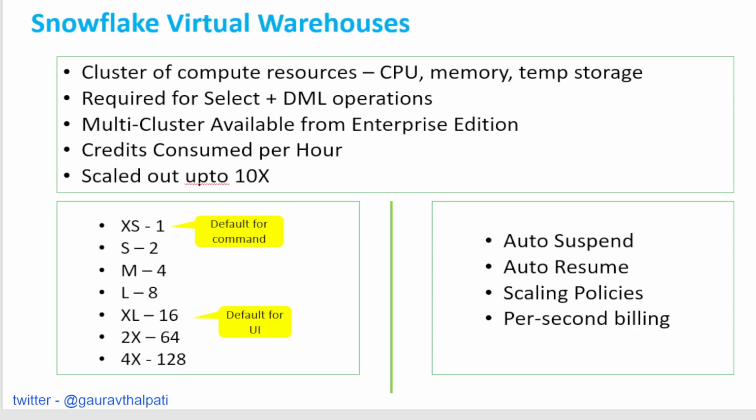So what does this virtual warehouse consist of in Snowflake? It is nothing but a cluster of compute resources. You will get a CPU, right? You will get the actual server for processing. It has its own memory and there is some temp storage also. It is attached with some kind of SSDs. Though the storage layer is separate, we have seen we can scale compute and storage separately. These warehouses have some kind of storage which powers the caching, like some SSDs. But at a high level you can look at it as the main server which is going to do your processing. Now you cannot define the CPU and the memory separately. It all comes as a package.